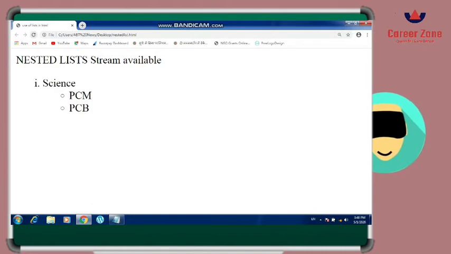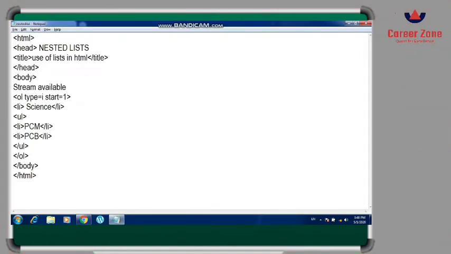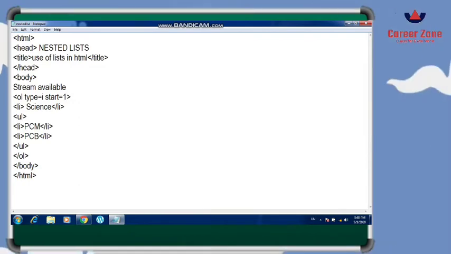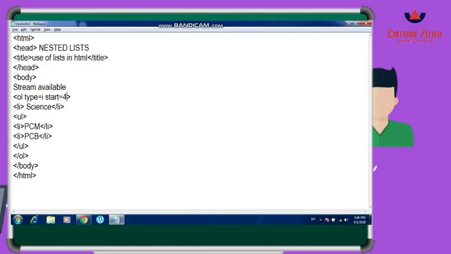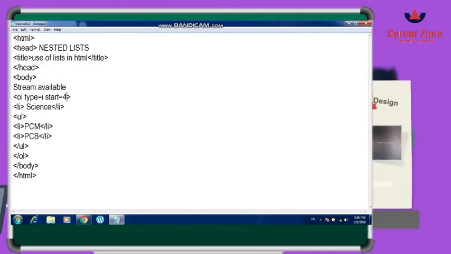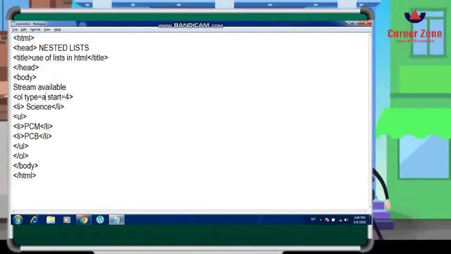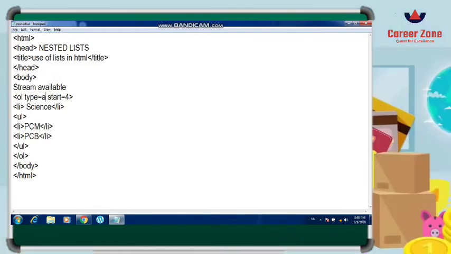I want to make one thing clear: whenever you give a type like Roman numerals or alphabetical, the start value will always be a number. If you want to start from the fourth or fifth number, you have to give 4 or 5 here. For example, I want to start from D, so I will give the alphabetical type A and start 4. It will start from the fourth letter, D.